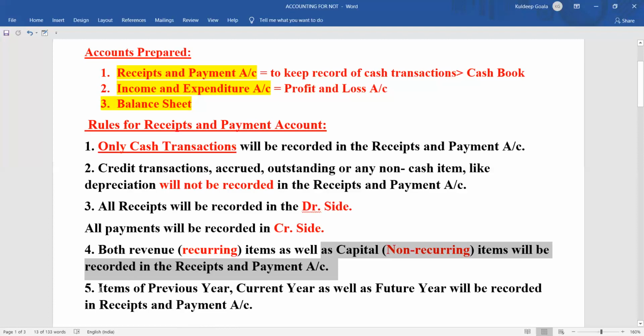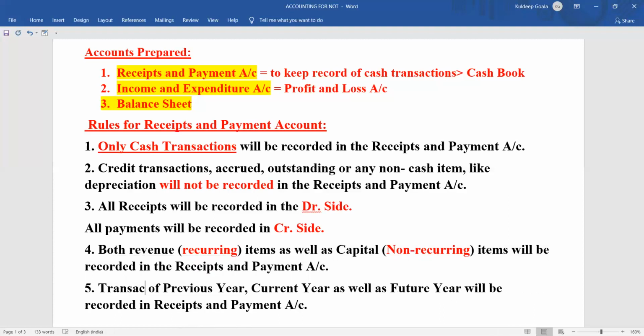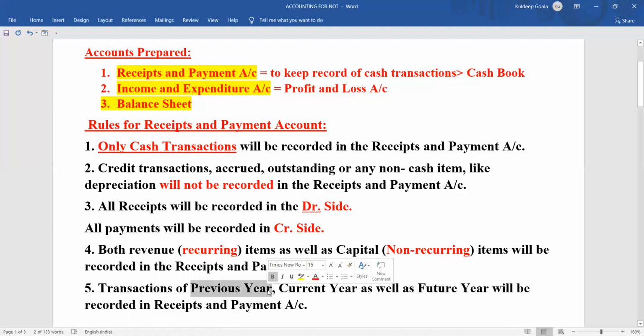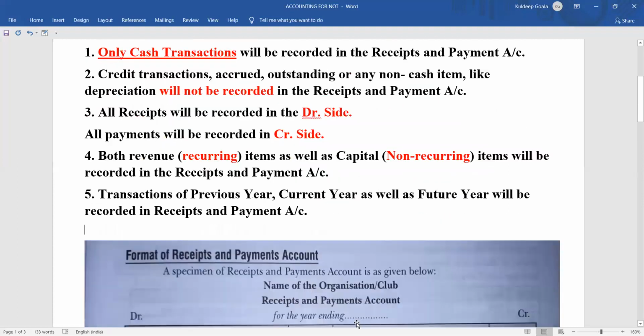Then remember that transactions of previous year, current year, as well as future year will be recorded in the receipts and payment account. Previous year record also will be there, current year record also will be there, as well as future year record also will be there. All the record will be kept in the receipts and payment account. Clear? Fine. Now we'll see the proforma of receipts and payment account, and please go through this particular point very nicely,